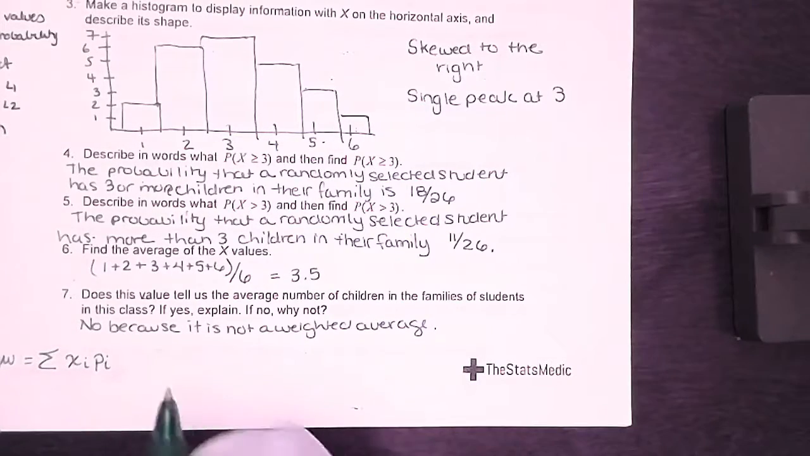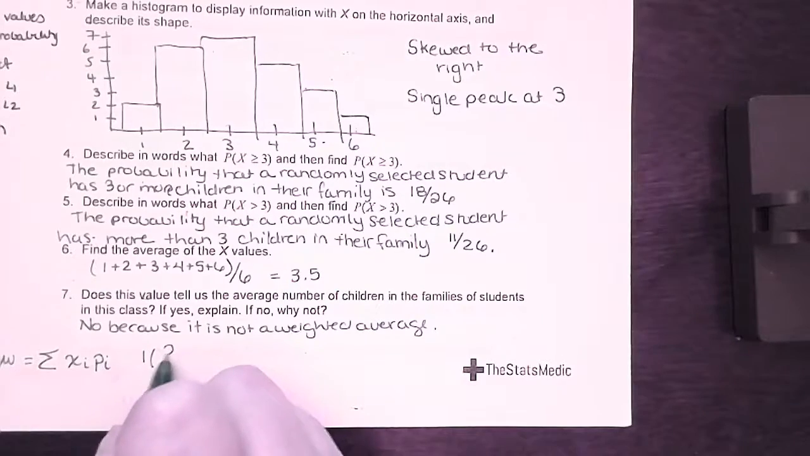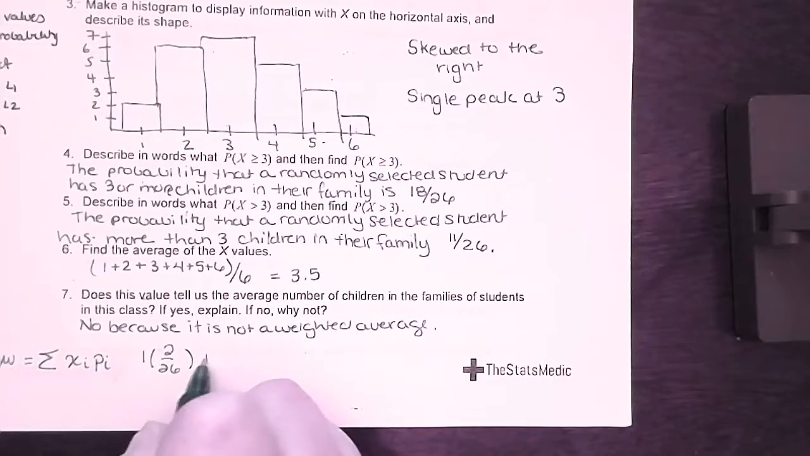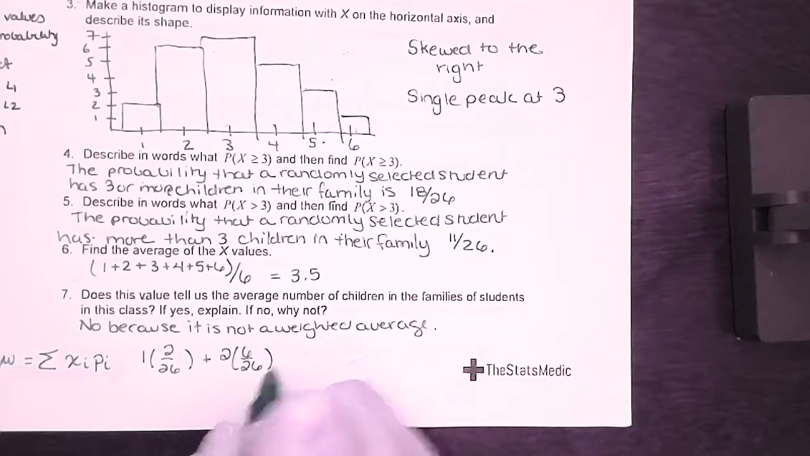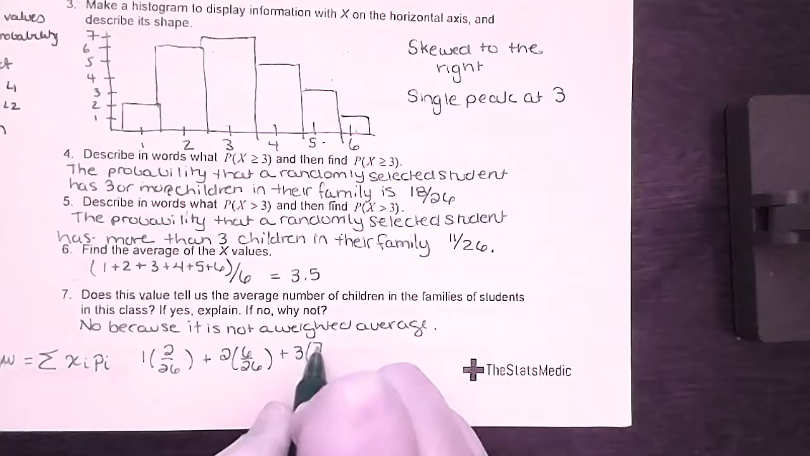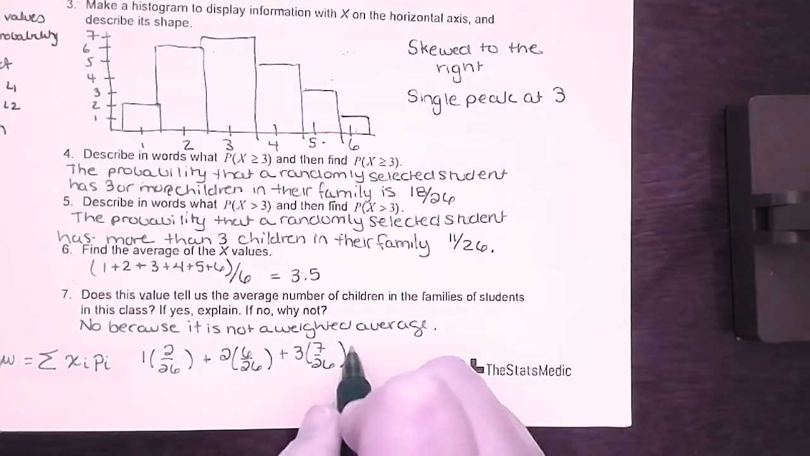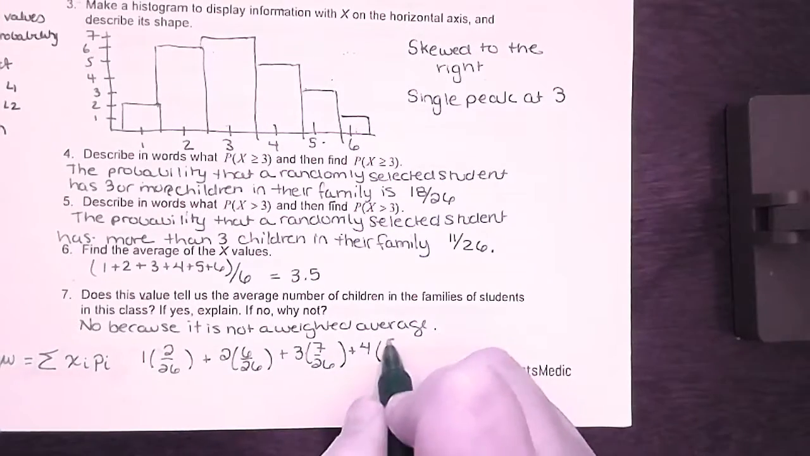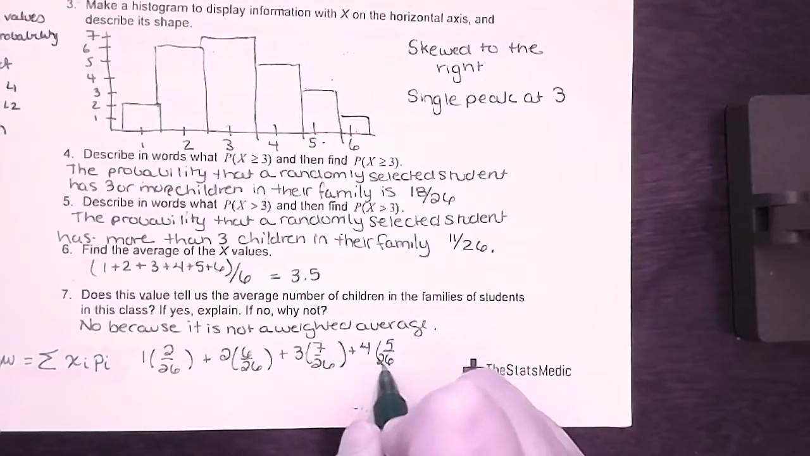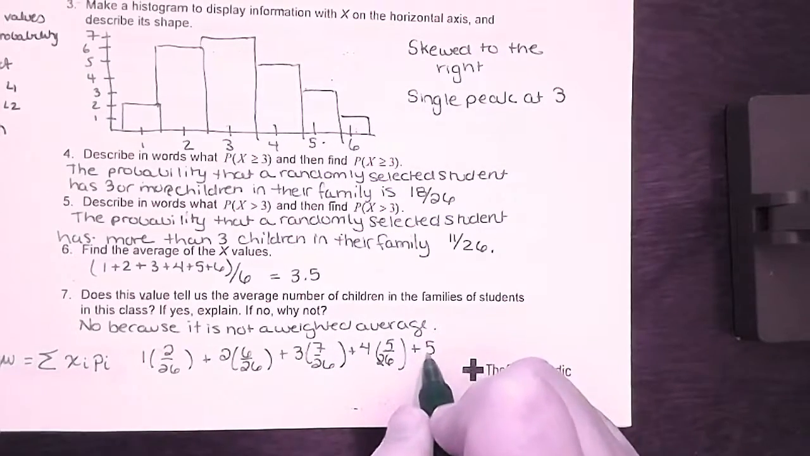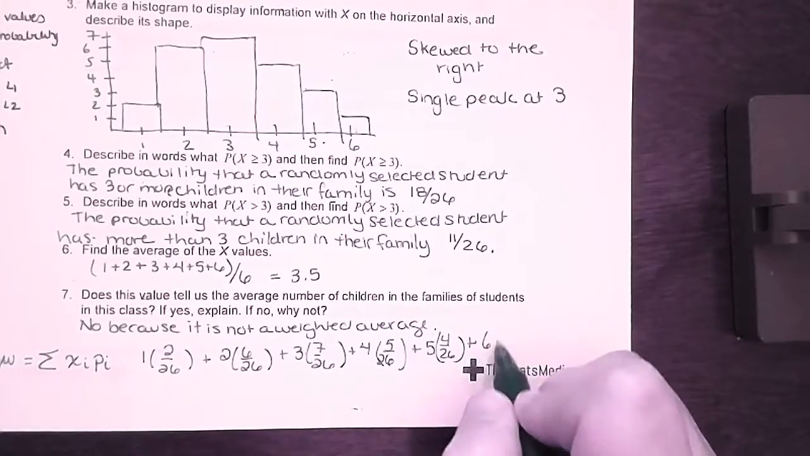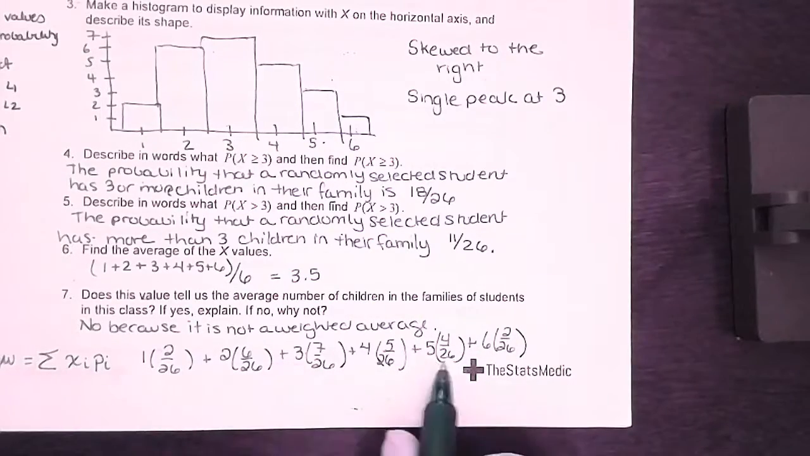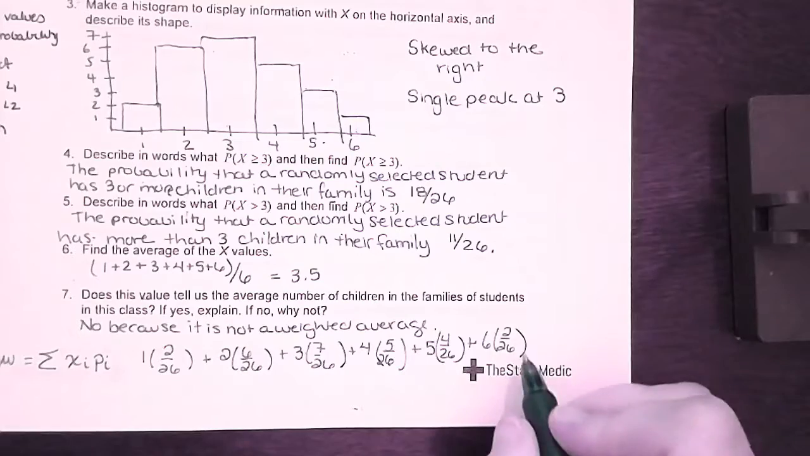So what I get is 1 times 2 out of 26 plus 2 times 6 out of 26 plus 3 times 7 out of 26 plus 4 times 5 out of 26. Oops. And plus 5 times 4 out of 26. And then plus 6 times 2 out of 26, right? So it's basically a weighted average, right? And that gave me approximately